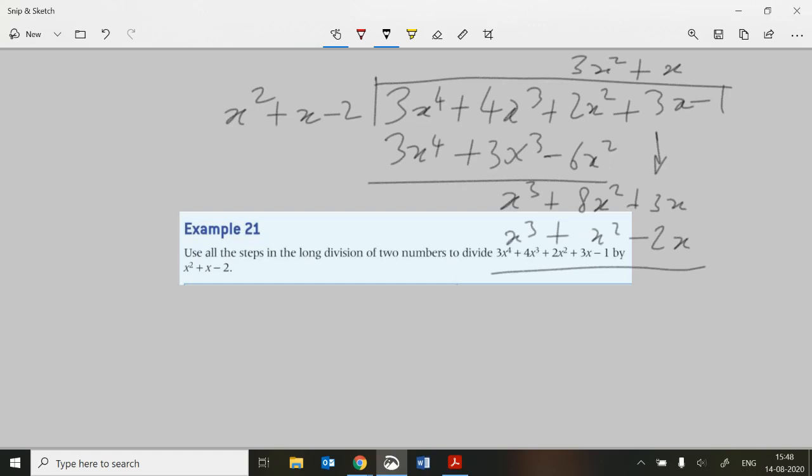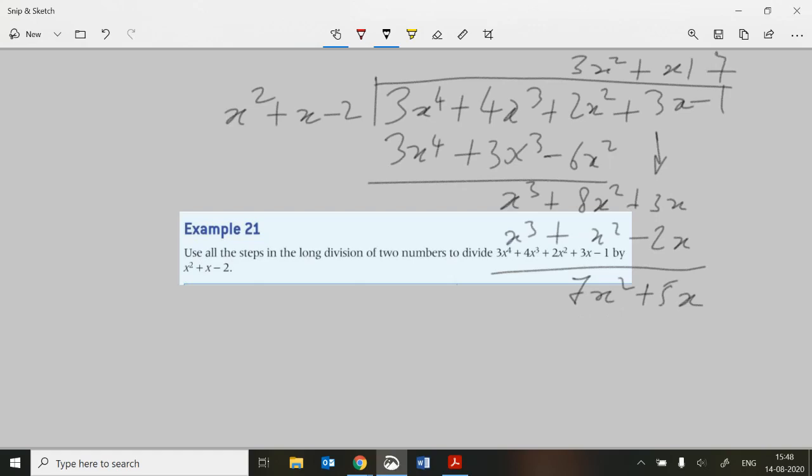So now again, we're going to do a subtraction of these two things. So this, take away this, disappears. We've got x squared away from 8x squared, leaves us with 7x squared, and minus 2 away from 3x gives us plus 5x. Okay, now the last position that's available here, we're going to do x squared into 7x squared gives us